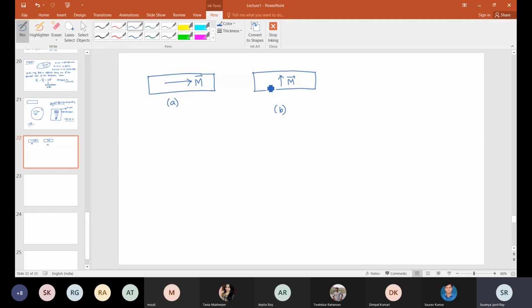Okay, so now let's first talk about this particular case. Okay, case B. So here, let's say I have an external field that is in this direction. So this material is also magnetized in this particular direction. So in this case, let's say it is the Z direction. Okay, right? Which means that the field is applied perpendicular to the plane.